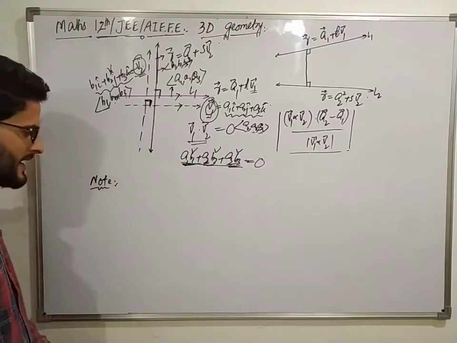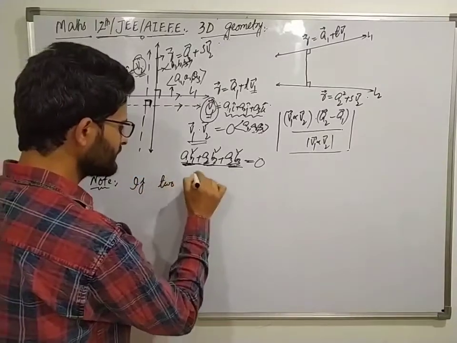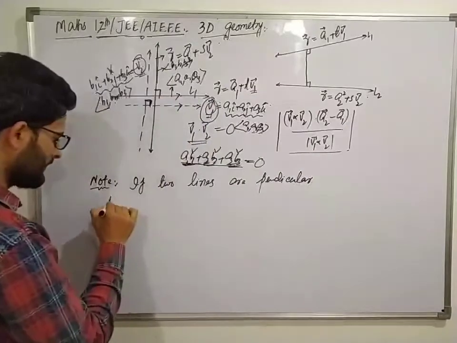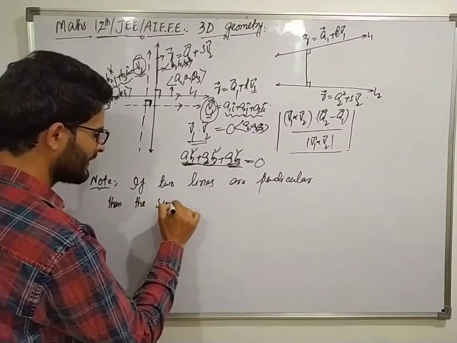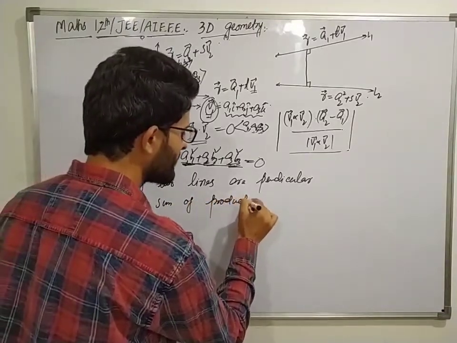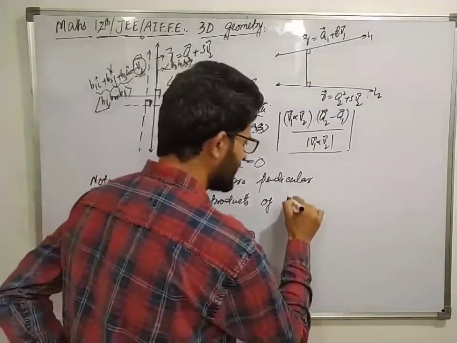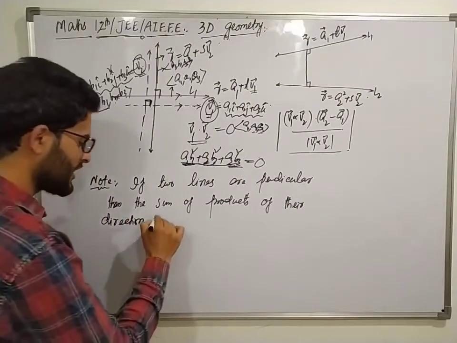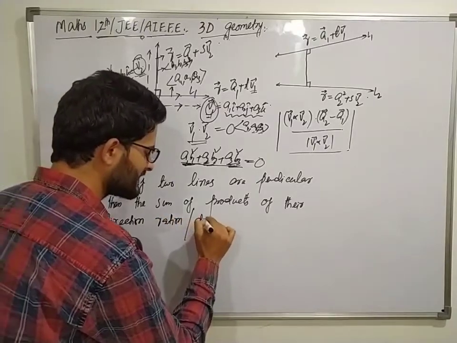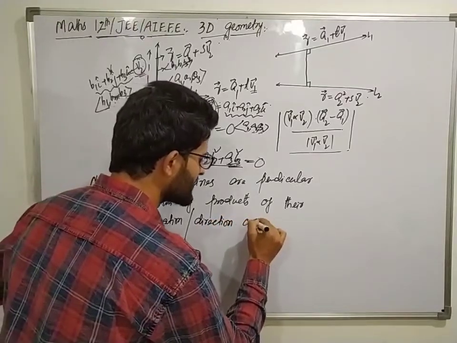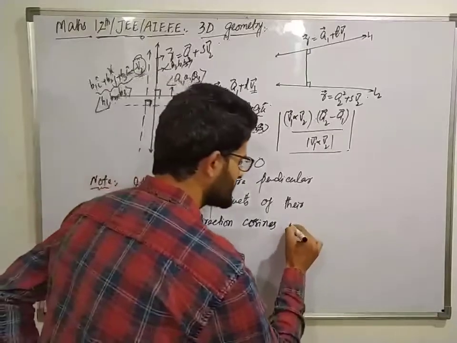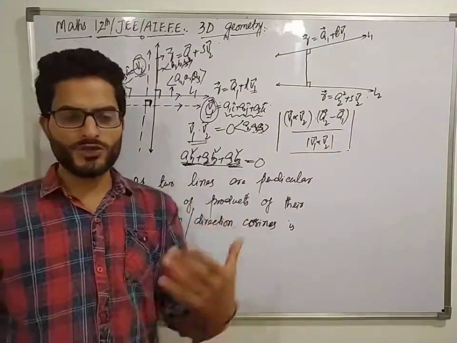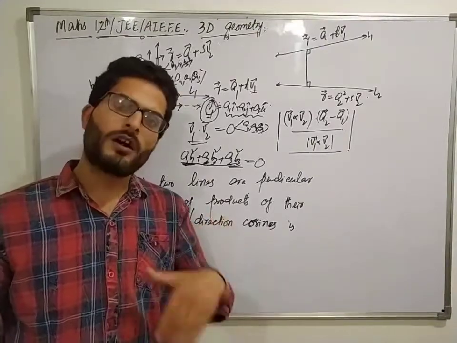If two lines are perpendicular, then the sum of products of their direction ratios as well as direction cosines, डायरेक्शन रेशियो ले लो या डायरेक्शन कोसाइन ले लो, फिर उनका सम ऑफ प्रोडक्ट कर दो इज 0, वो हमेशा 0 के बराबर आएगा। So अगर दो लाइन्स आपस में परपेंडिकुलर है, फिर इनके कॉरेस्पॉन्डिंग डायरेक्शन रेशियोज का सम ऑफ प्रोडक्ट कर दो या डायरेक्शन कोसाइनस का सम ऑफ प्रोडक्ट कर दो, तो वो हमेशा 0 के बराबर आएगा।